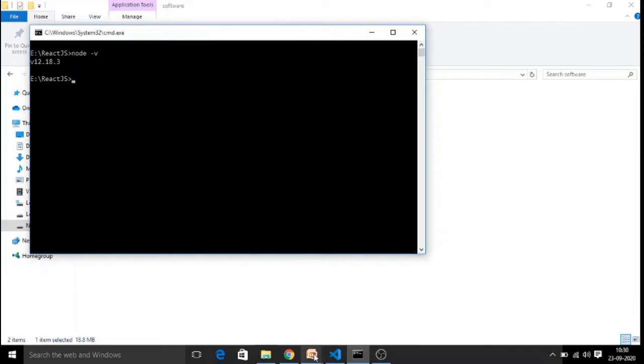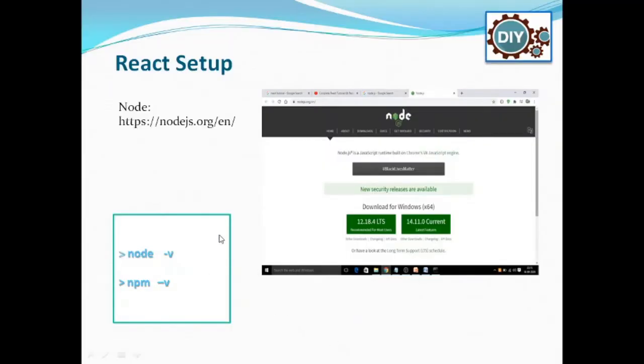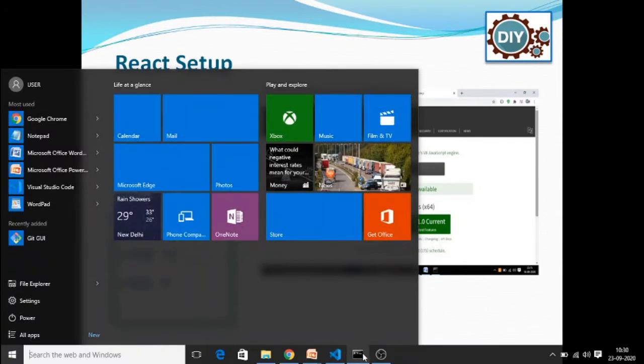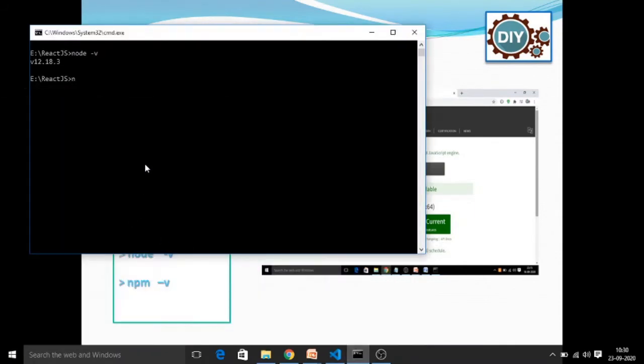Similarly, when we are working with React applications, we also need Node Package Manager, which is going to manage all the packages and the dependencies needed for your React applications. This Node Package Manager comes along with your Node software itself. So we can also check whether npm is available or not, with npm -v. This should also give you the version if it is installed. Now we are good to go with developing React applications because our runtime environment is ready,